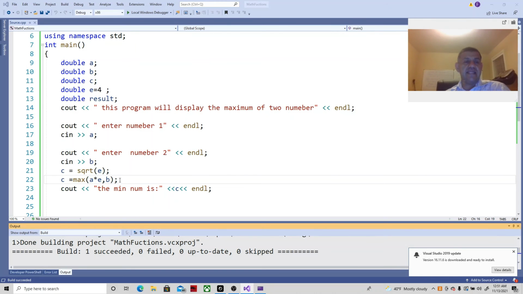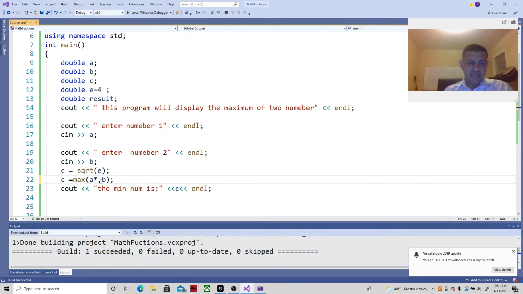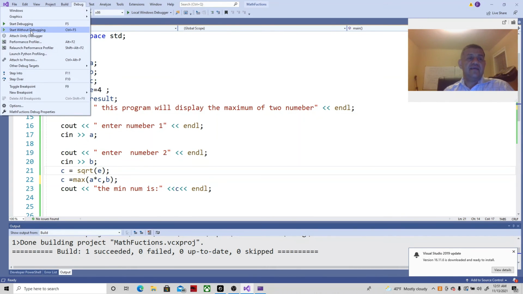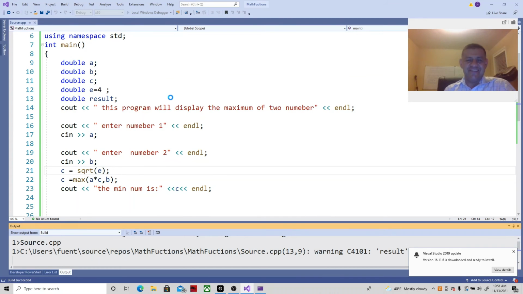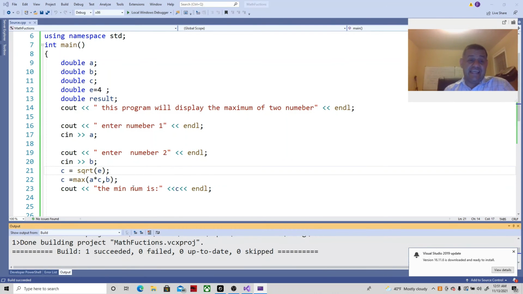Did I enter an 80? Actually, no. Why? Because I put, see? I was supposed to put C in there because I'm taking the square root of C. Now, if I do that again, you see how if you're doing this fast, like,